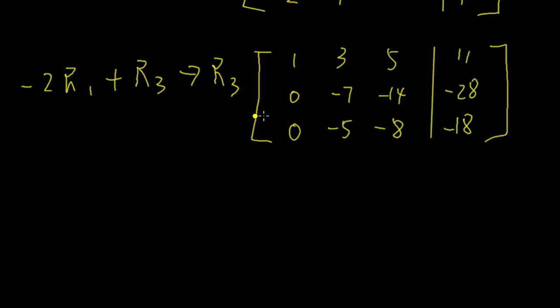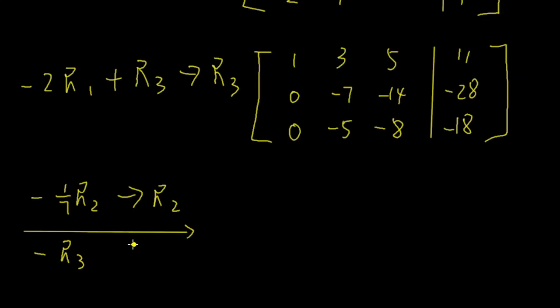So I will multiply row 2 by negative 1 over 7. So here, negative 1 over 7 times row 2, I will replace row 2 with that. At the same time, I will also multiply row 3 by negative 1 to get rid of the negative sign. So negative 1 times row 3 is just negative row 3. I will write that, replace row 3, and see how that looks. In this operation, row 1 will not change.